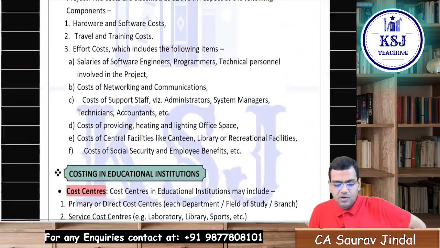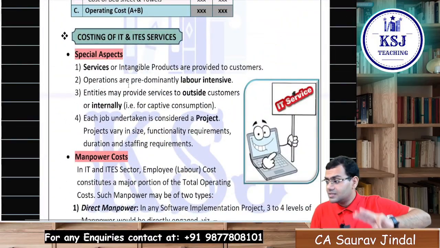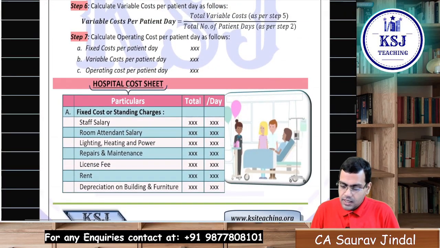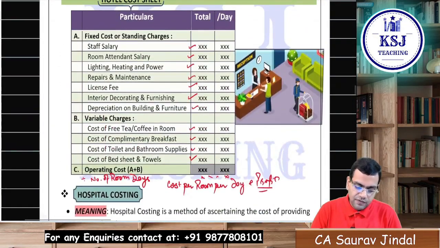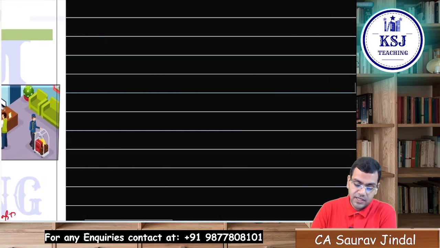You have to prepare the cost sheet for the various services. The first three services, transport, hotel and hospital, are the most important services. One more important thing that you will face here: in case of hotel costing, if there are multiple rooms, for example,